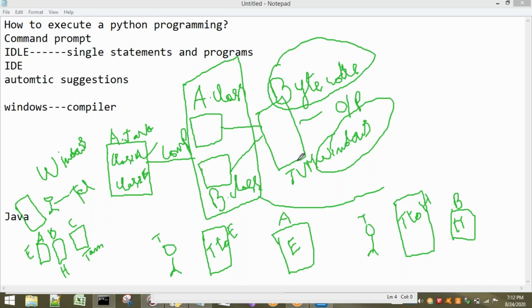The reason is that this JVM is Windows JVM. In the same way, this translator translates Telugu to English, here Telugu to Hindi, and this JVM converts Java to Windows understandable language. So finally we are going to get one file, an executable file, with zeros and ones, so our Windows operating system can understand this. Okay, this is how a Java program is converted.